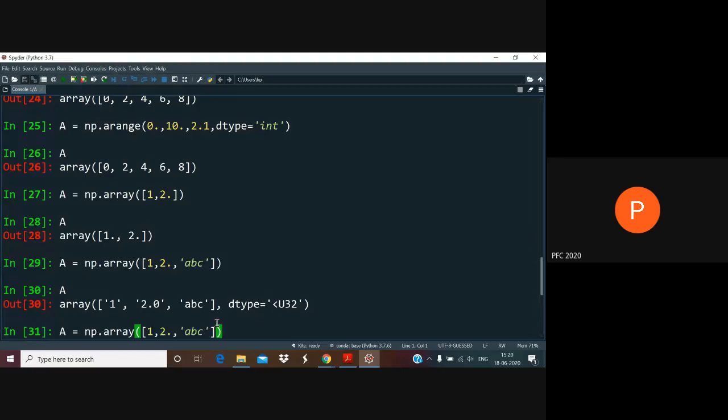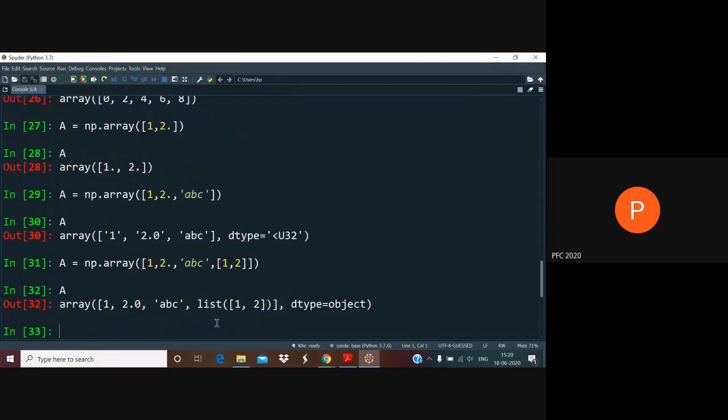You can actually also put in a list along with this and convert it into an array. And now you get a data type of object, which essentially says that all the elements are object type and does not really allow you to do any special calculations that way. Sometimes such arrays are actually useful, especially if you are going to do a big commercial application and you want to put various kinds of different information in the same place.